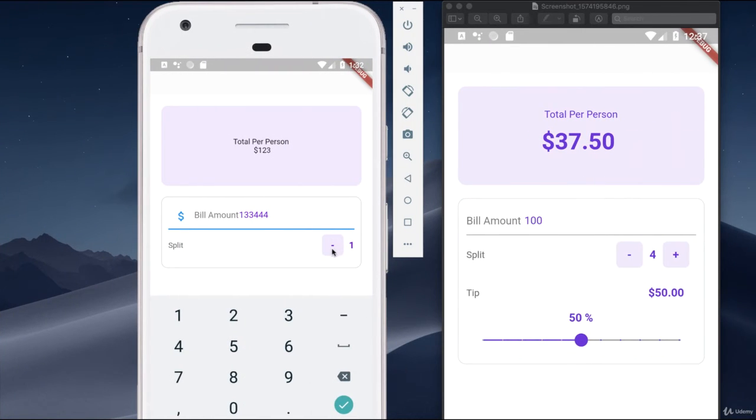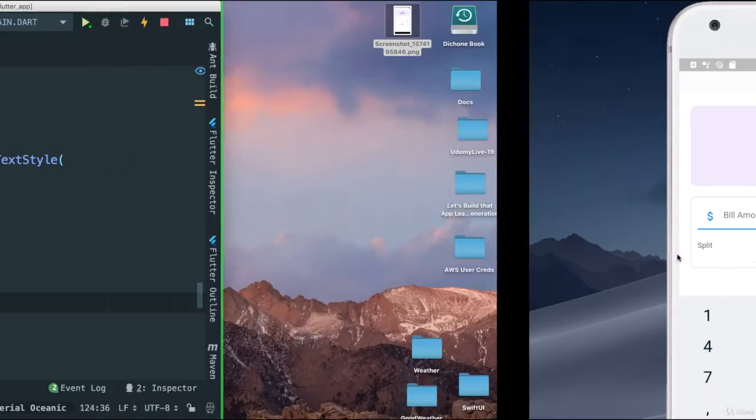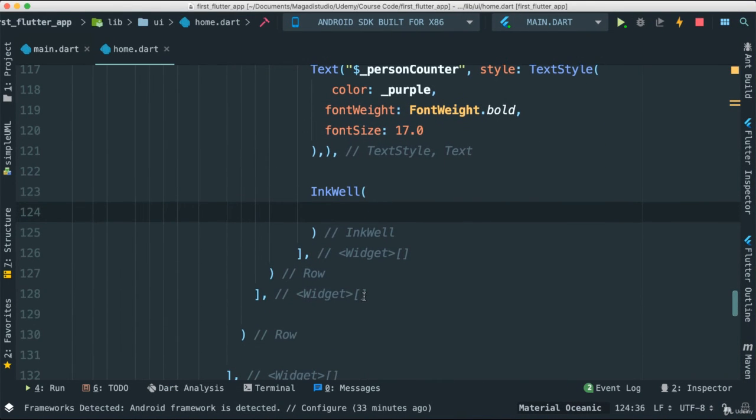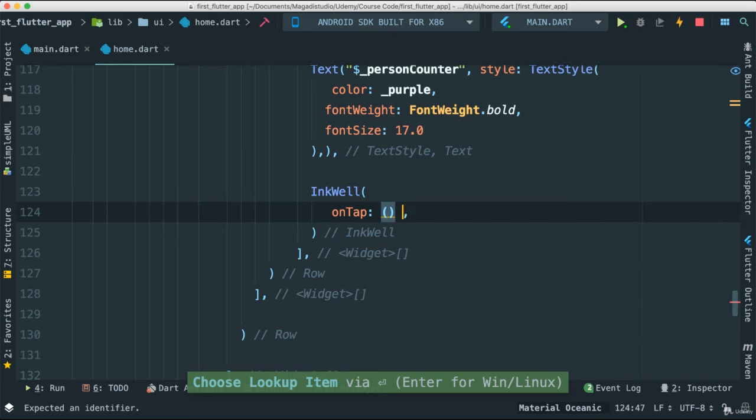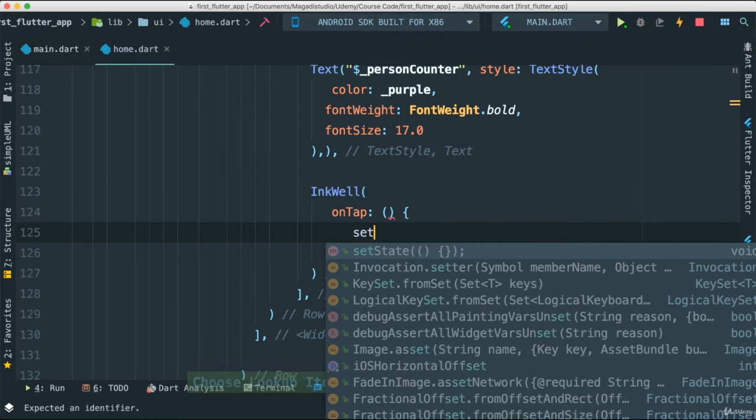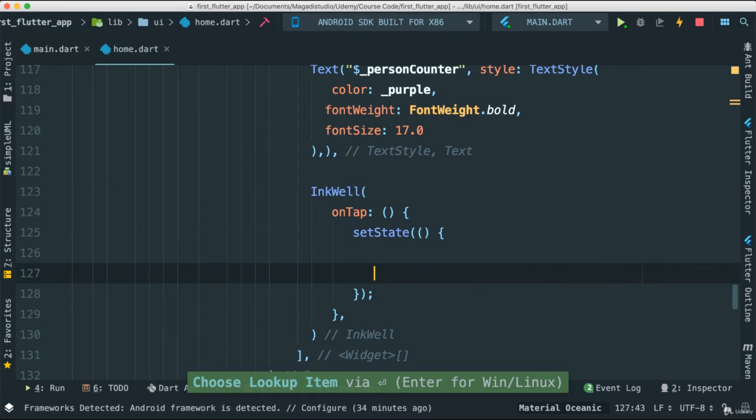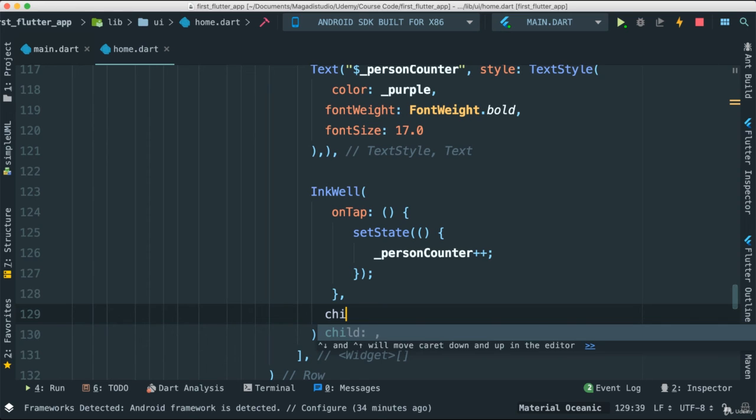And next we're going to add another inkwell here, right? Because we want to create exactly the same as what we had created for minus. Now it's going to be for plus. Very simple. There's inkwell. On tap, what do we want to happen? We want to set the state. To set a state, we're just going to say person counter plus plus like this, right? And then child,